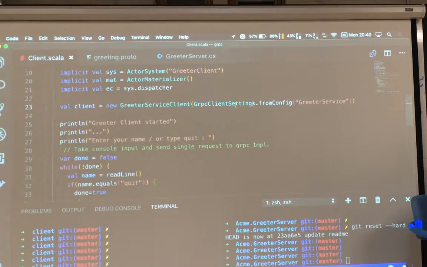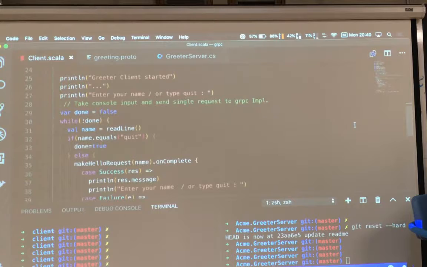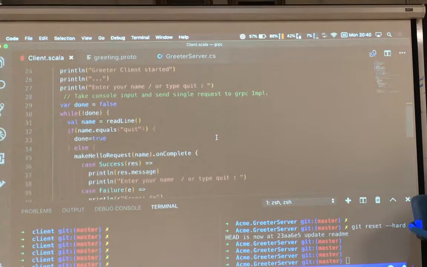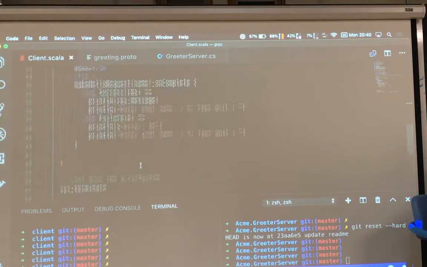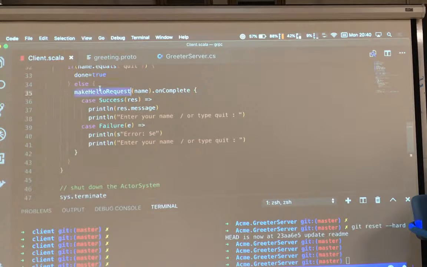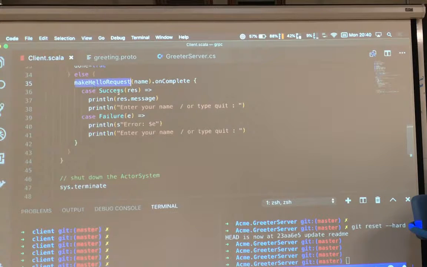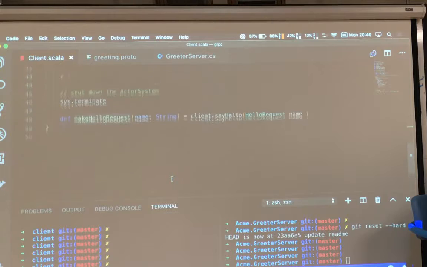The settings contain where my server will be, so we have a port that it runs on. Then there's just a really terrible command line input tool, but essentially we can make a request and it will return the response.